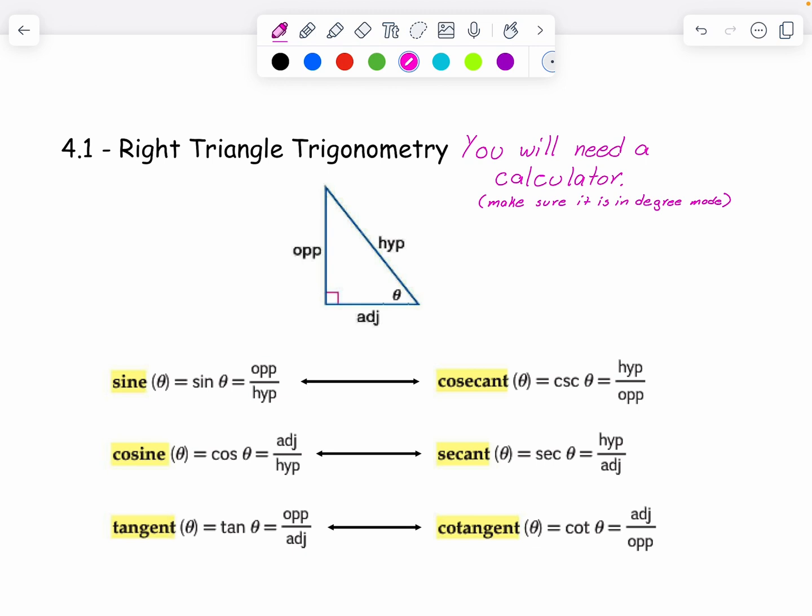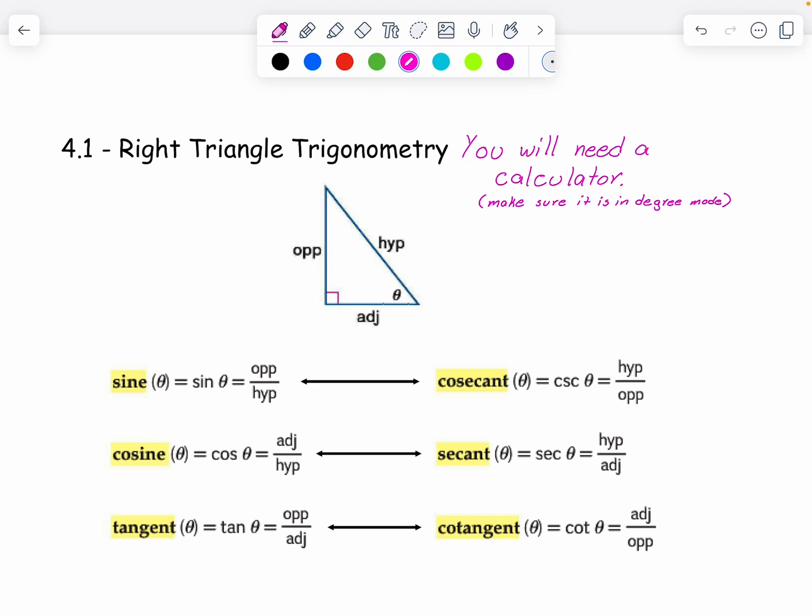You will need a calculator for chapter 4. Absolutely will have to have a calculator. And for this chapter, you do need to make sure that your calculator is in degree mode. If you are using the blue calculators from class, those are automatically in degree mode by default. If you are using a graphing calculator or any other calculator, you may possibly need to put it in degree